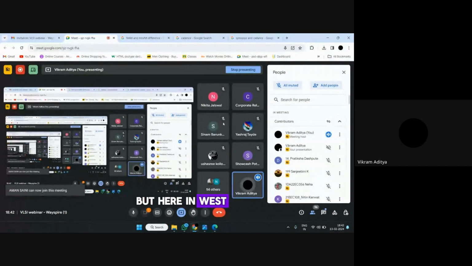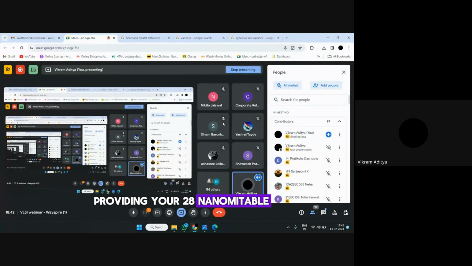But here in Vspire, we are providing a 28 nanometer build technology Synopsys tool. As the technology node goes downward, what exactly does nanometer mean? It means the size or thickness of a gate in a MOSFET. When it gets very thin, the complication of designing the circuit becomes greater, right? When the chipset gets thinner,